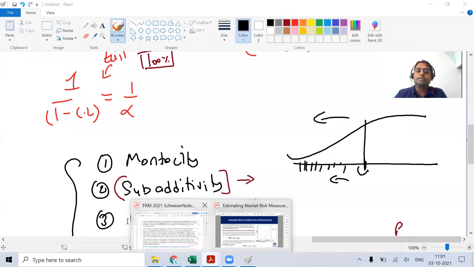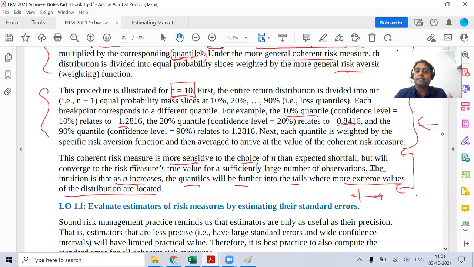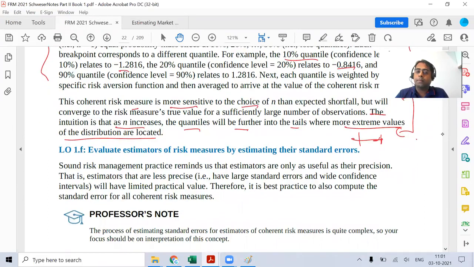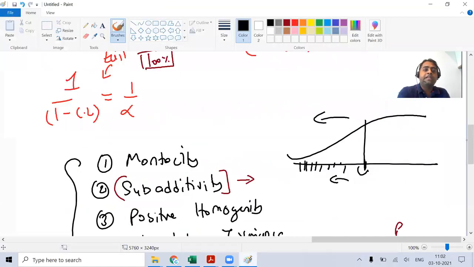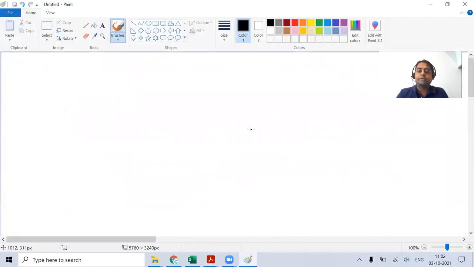So I'm moving towards the next point. This next concept is slightly tricky in the sense that it has some calculation in it, but I'll go slow over here because I want you to understand the logic of what they're trying to do. Over here they are trying to find a confidence interval. So whatever VaR we are getting, ultimately what is VaR? The VaR is your standard deviation. I'll explain that logic first, and then we'll go towards the confidence interval part.